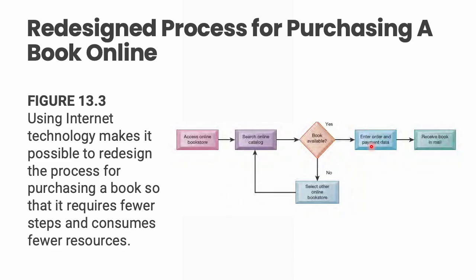It checks the price, confirms if it's in stock, and then processes the payments electronically and sends the orders to the warehouse. Okay. So by redesigning the process around new technology, the whole experience becomes faster, easier and much more efficient for everyone. It's a perfect example of how businesses use IT to simplify complex tasks and save us all time and effort.